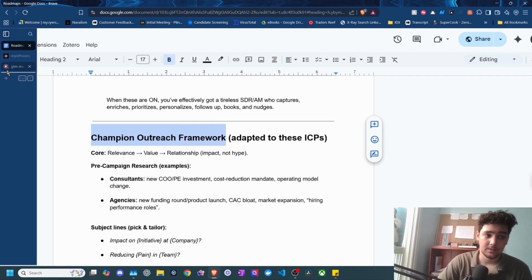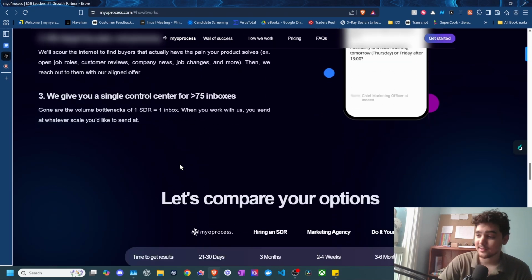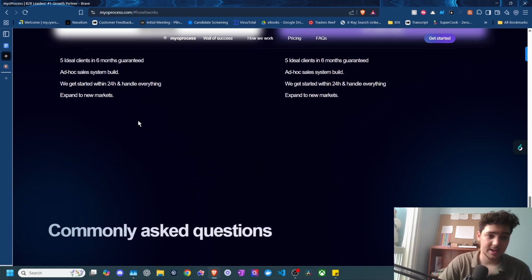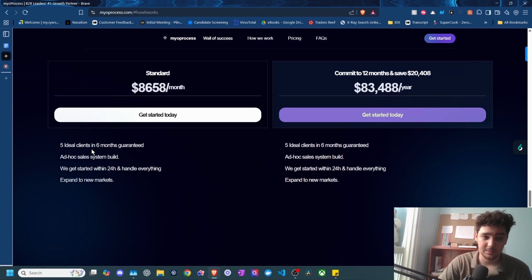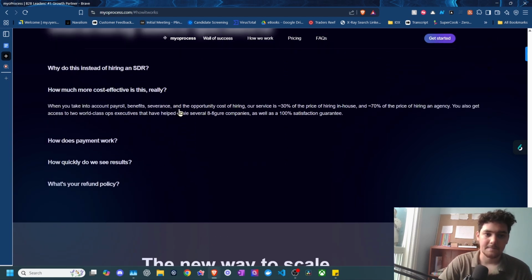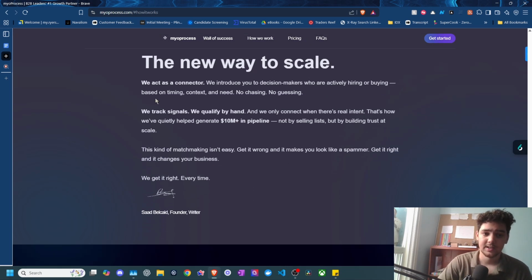In order to have a process that is done well, there has to be a few different pieces. These guys charge quite the premium because they have individual people looking at account by account and applying these processes together. Their argument is, remember that digital employee anchor? Instead of paying for payroll, benefits, severance, and opportunity cost, have certainty that this system is an SDR that functions like an AI digital employee and actually moves them along the line. So how do they do that? They work with signals. They qualify by hand, which is interesting.